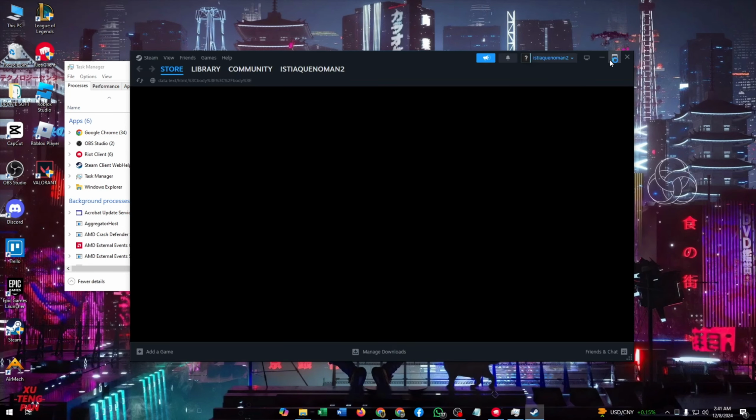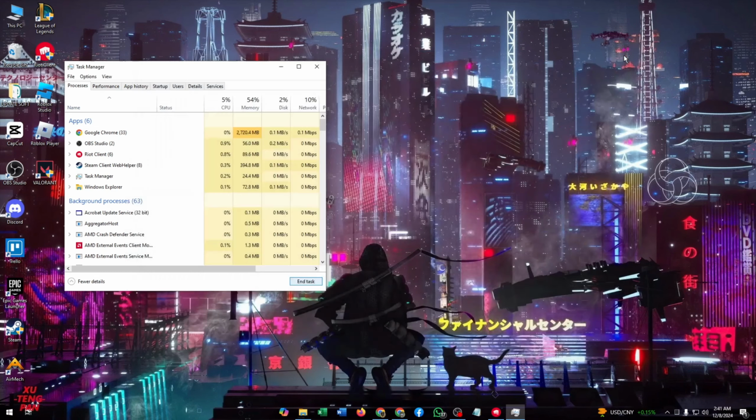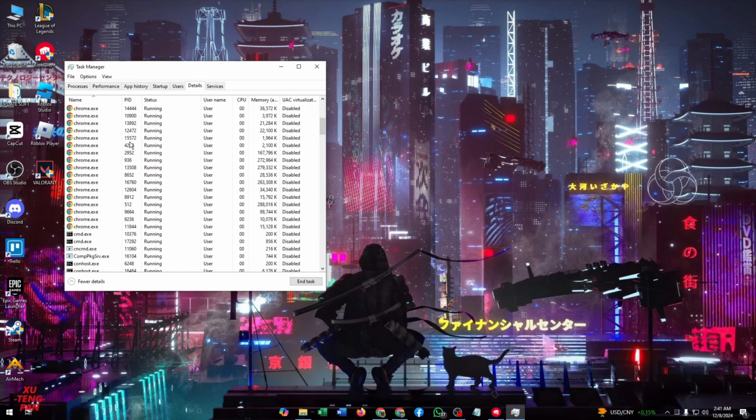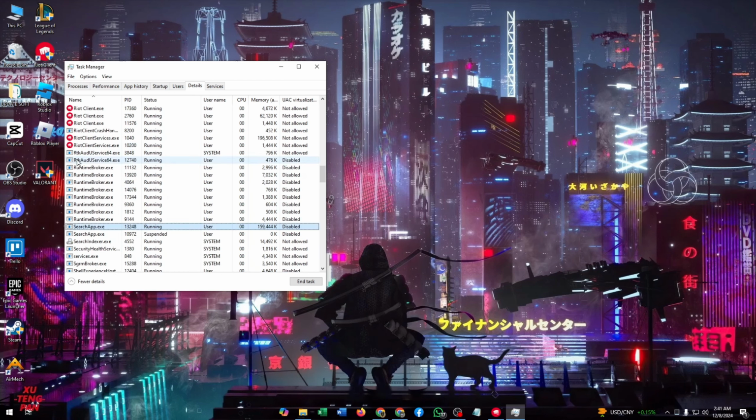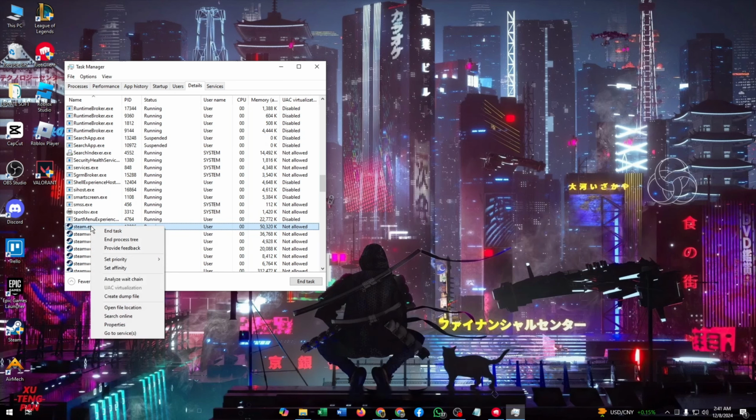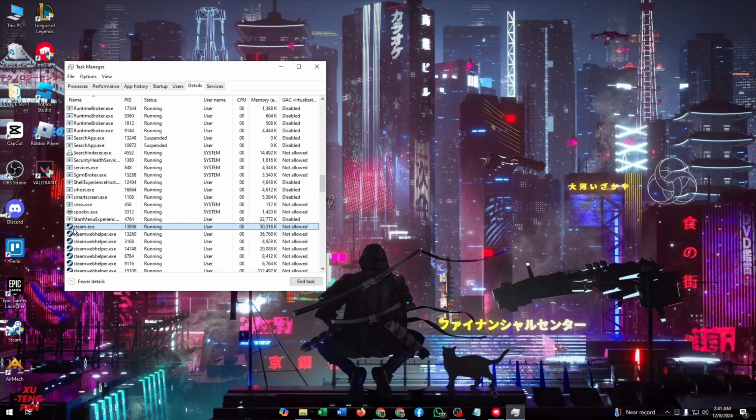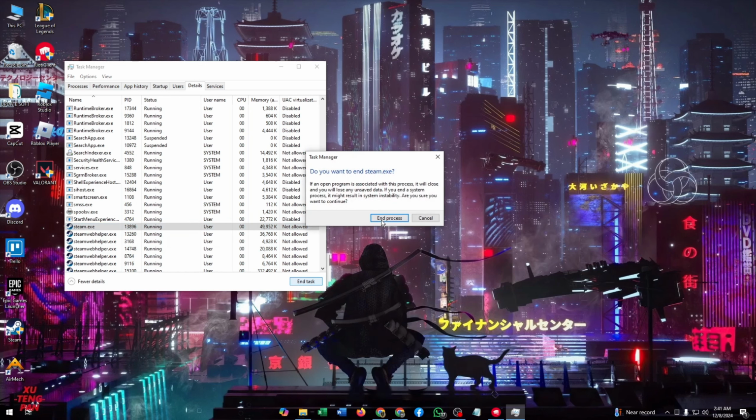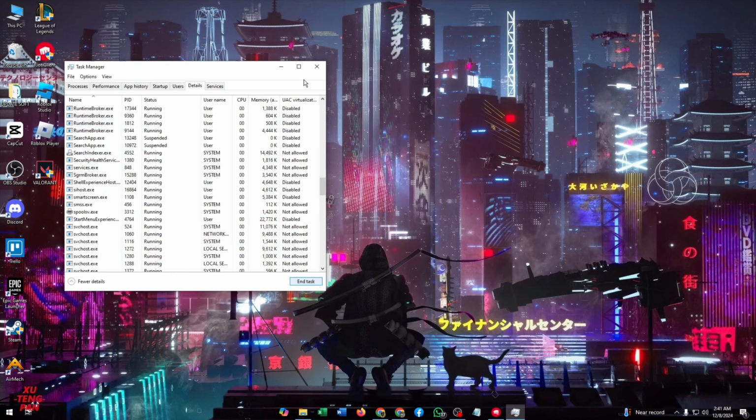Then you need to close it from the background of your PC. Then go to details, and here you need to find steam.exe. Here it is, click on it and click on end task. Here you need to give the confirmation. Just simply click on end process, and you need to make sure that your Steam app is not running anymore